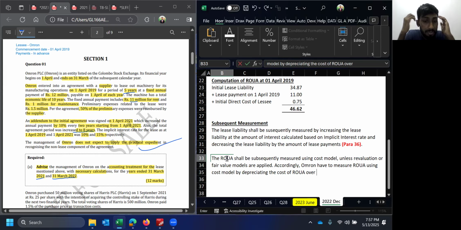I didn't get you. Whichever is lower. Why? What's the reason here? Because the ownership is not getting transferred at the end of the lease term. That information has not been given. Clear? So by depreciating the cost over the lower of useful life or lease term,